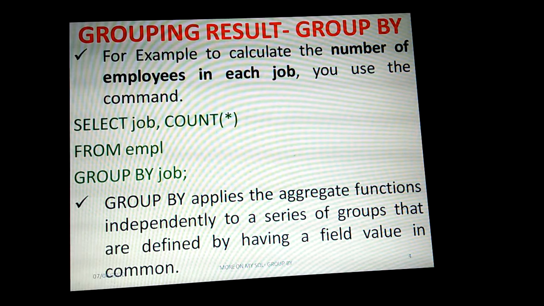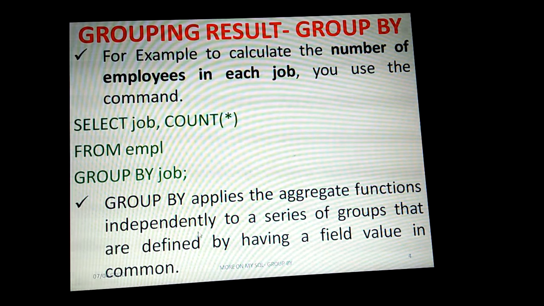So GROUP BY applies the aggregate functions. The count function is an aggregate function. Aggregate functions are applied using the GROUP BY clause independently to a series of groups that are defined by having a field value in common. Here job will have common values like clerk, analyst, and manager. Job names will be similar for some employees.